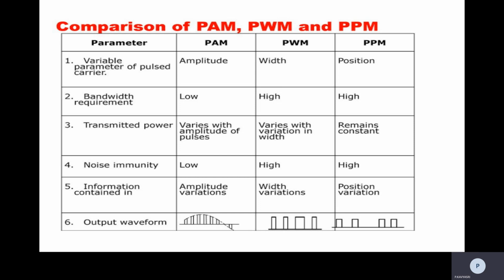So that is for today's class. So far we have discussed PAM, PWM, and PPM. In today's class we have seen pulse position modulation, generation, and demodulation. In previous classes I explained the pulse amplitude modulation, the definitions, and also generation and demodulation of PAM and PWM. In the next class, we will see another topic.